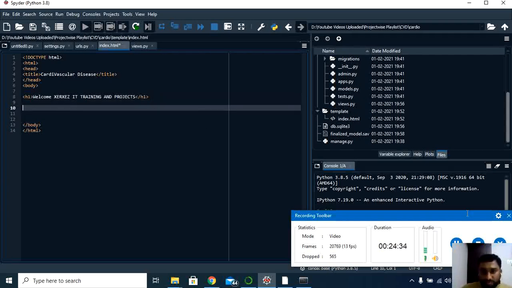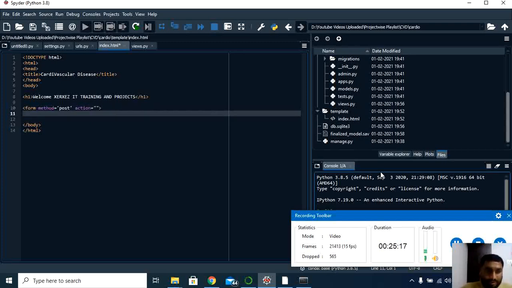To create the form, I can make use of the tag called form. So use the tag called form. Next, before the action, I'll use the method called post. I'll use the method called post, or else if you don't specify it, by default it will take the get method. Next I'll have the action here. For the time being I'll keep the action as it is. I don't want to modify this. Next, let me end this form.